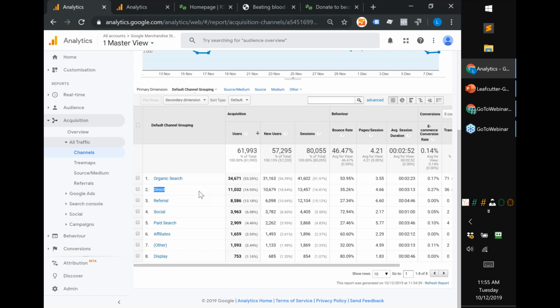When they click on that link, if there's no tagging on that email link, it can show up as direct in your reports. So I've seen a few people with a lot of emails going out, untagged email, could equal a lot of direct traffic. There are a few other technical reasons, but normally I'm watching out for, say, if direct traffic is above 20%, and you've got a couple thousand visits a month, then that might be an indication that there's a reason behind it. So it's something to watch out for.